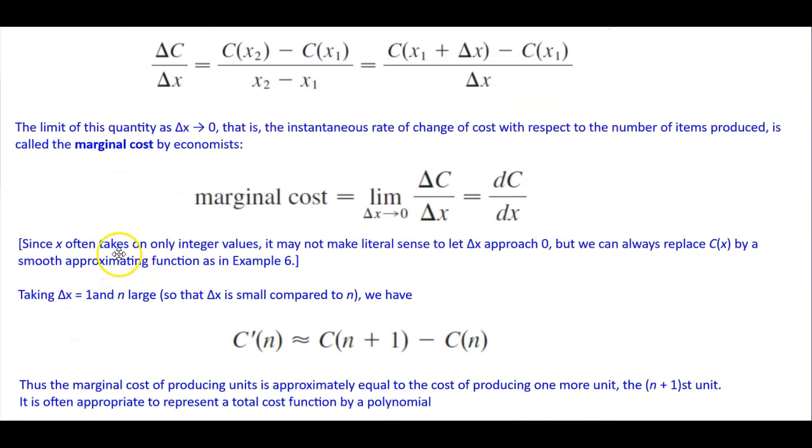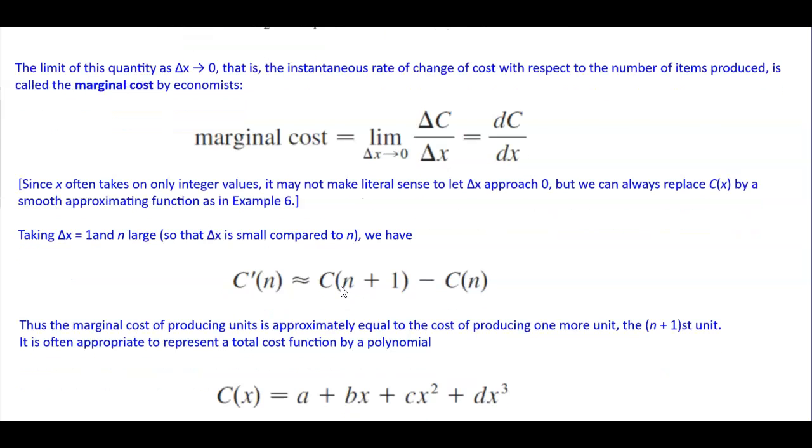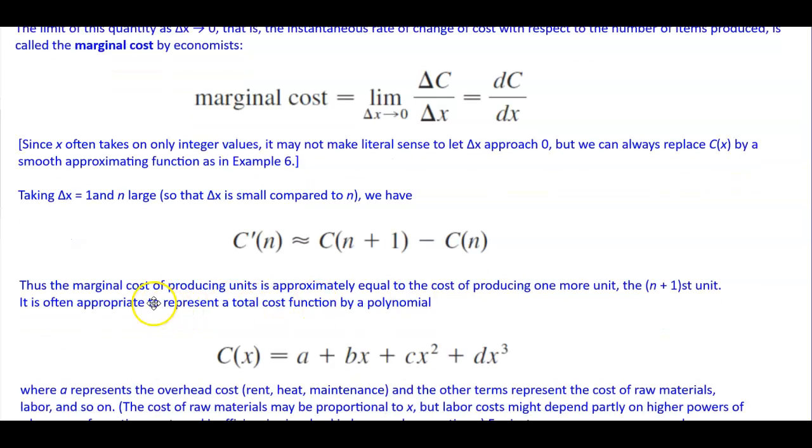Now, since X often takes on only integer values, it may not make literal sense to let the change of X approach 0, but we can always replace C of X by a smooth approximating function, as we saw in example 6. Taking the change of X equal to 1 and n large so that the change of X is small compared to n, we have the following. C prime of n is approximately C of n plus 1 minus C of n. Thus, the marginal cost of producing n units is approximately equal to the cost of producing one more unit,